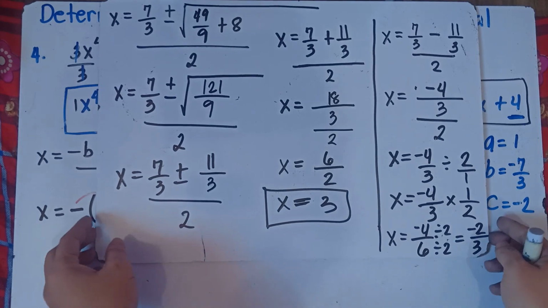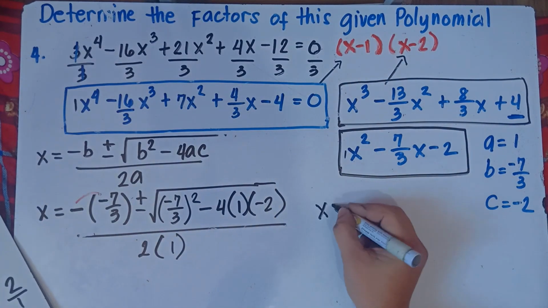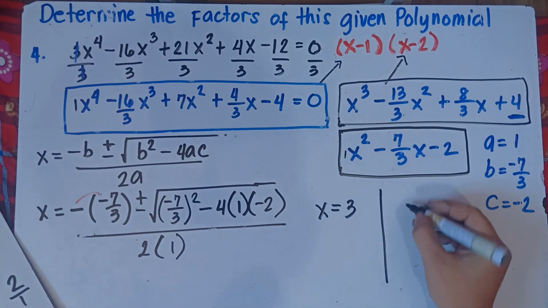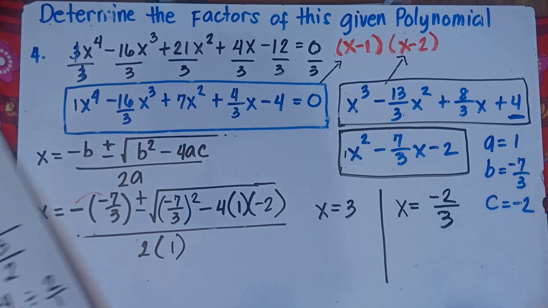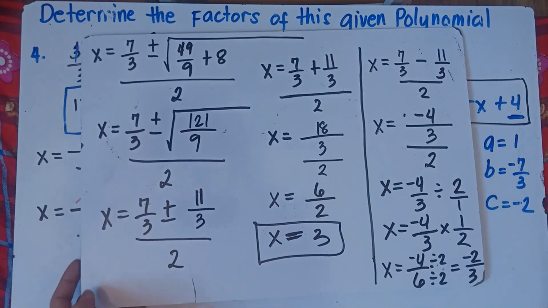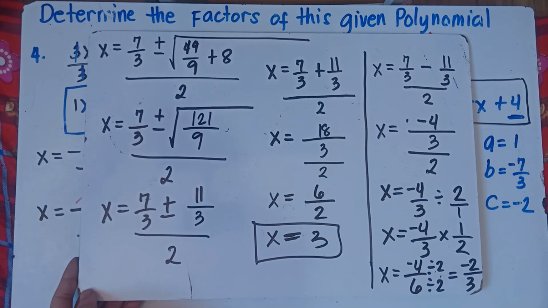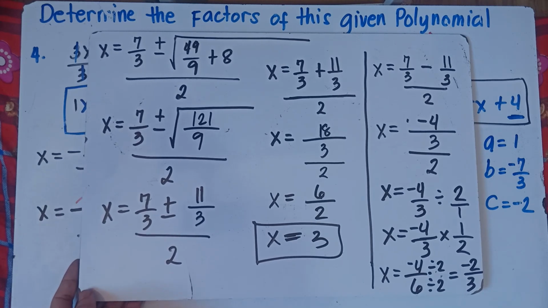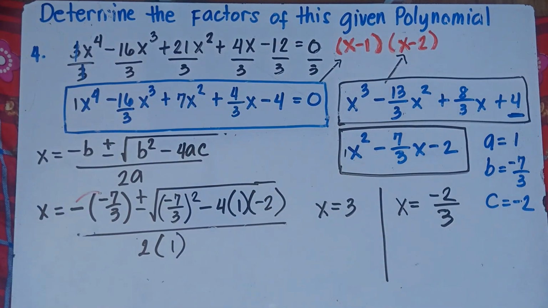So let me write the equation here. Our answer here, that would be x equals 3, and the other one is x equals negative 2 over 3. So that's the answer, class. Using the quadratic formula, you pause the video, class. Once again, as I told you earlier, this will be really quite complicated, class, if the leading term is greater than 1. So, since we are told to find the factors,